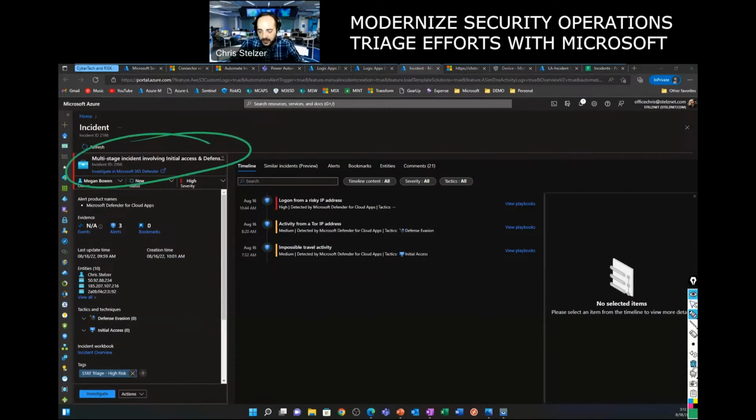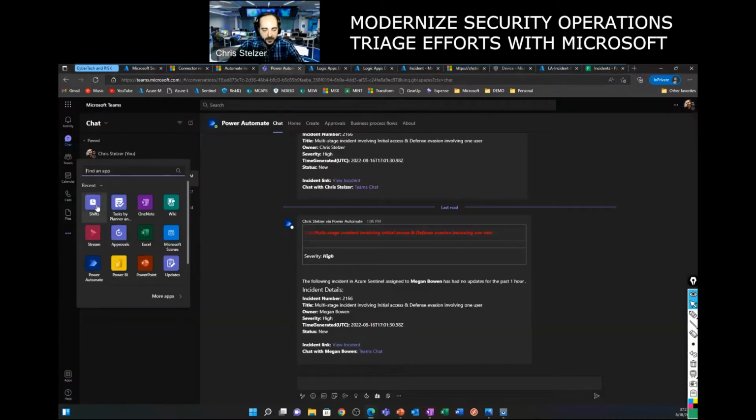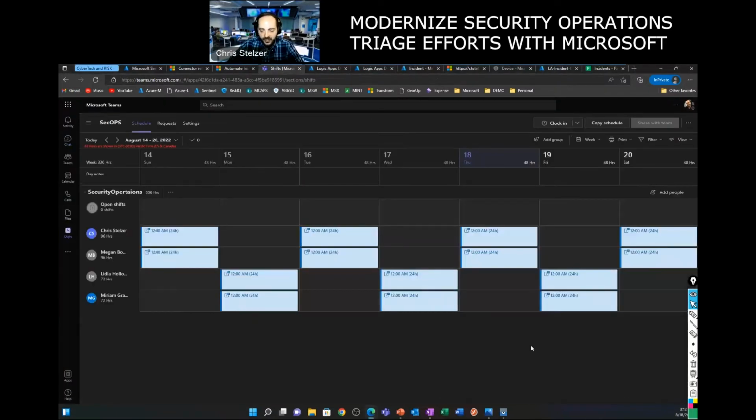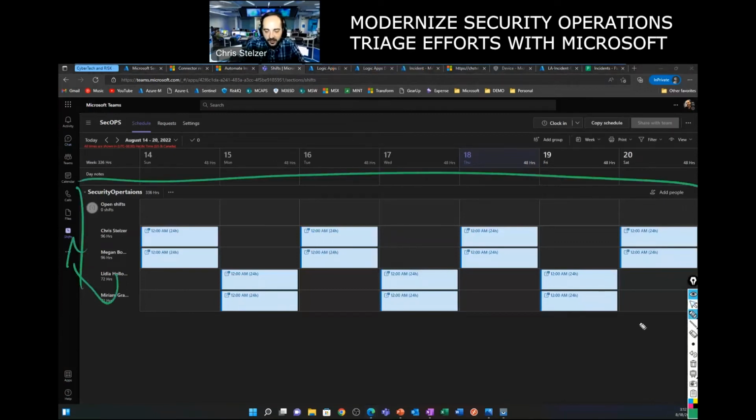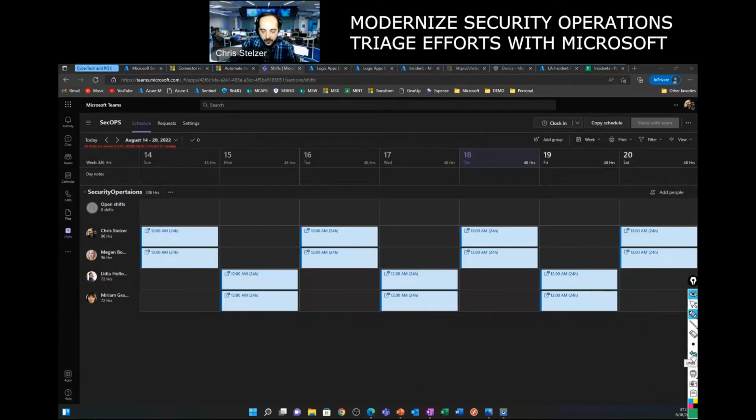We released a really cool solution for this that allows you to dynamically do automatic assignment via what we call shifts in Teams. This playbook is ready to rock and roll in the Sentinel playbook gallery. You can import it yourself. If you didn't know, there's a really cool shifts module within Teams, so you can actually design a security operations calendar, like a shifts calendar within your environment. Who's currently working in the SOC today? I can see here specifically that I've got 2 users working in the SOC.